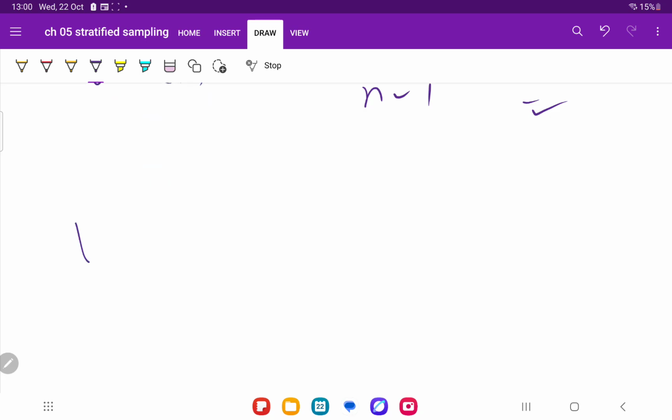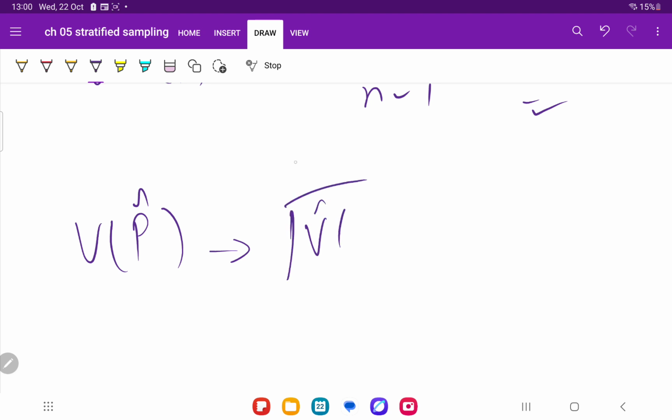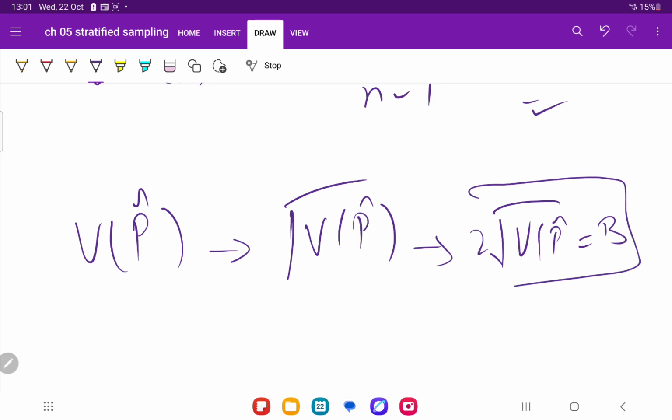Once you have the variance of the estimator, then another step is to take the square root of the variance, and another step you will multiply by 2 to get b, bound on error. So that is the objective of